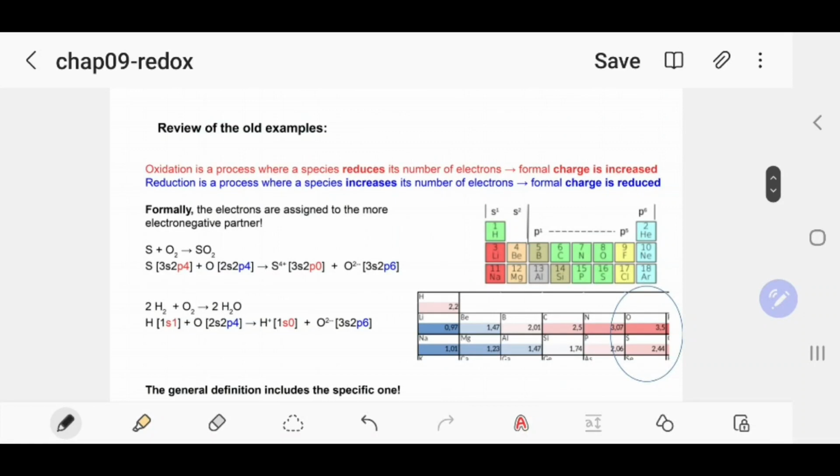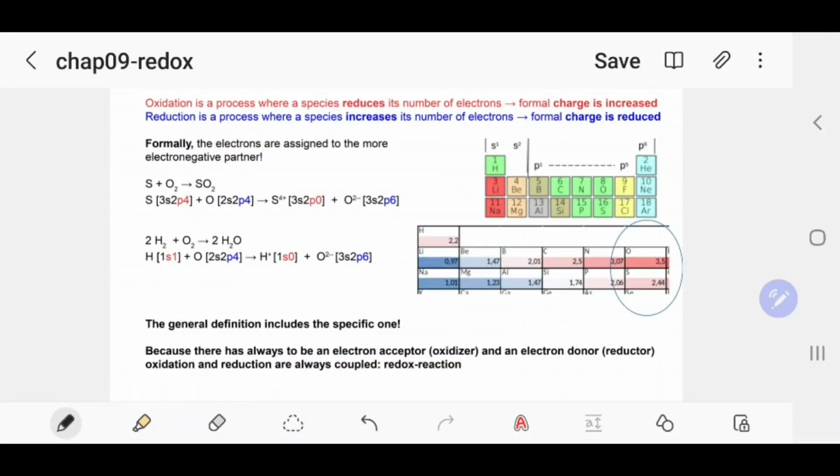Now, let's review the first two examples where we had oxygen. If you want to apply this definition to a compound that contains oxygen, we can of course assume that since they are already bonding with an oxygen or losing an oxygen, then it's definitely either an oxidation or a reduction. But if we want to apply this same rule to see how the formal charge evolves, then we can also consider